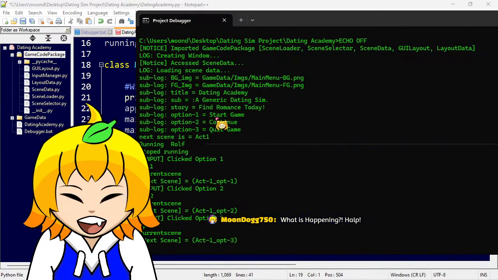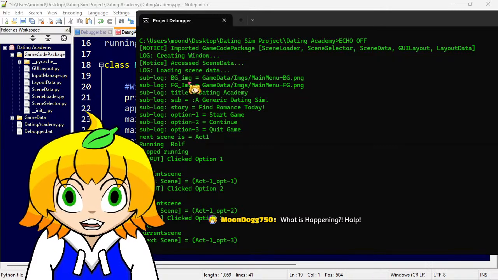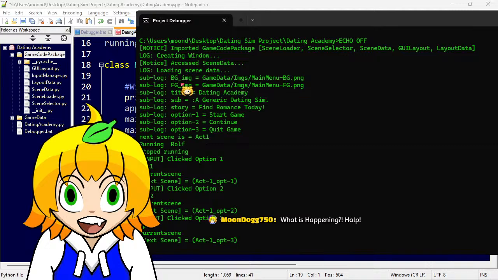Okay, but anyway, the way I have it set up right now is very wonky. If we go back to this debugger, we did window creation. Then we have a notice: accessed scene data, loading scene data, with sublogs for BG image and FG image, being background and foreground images, and their positions.